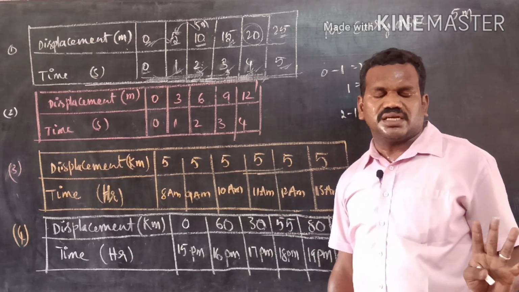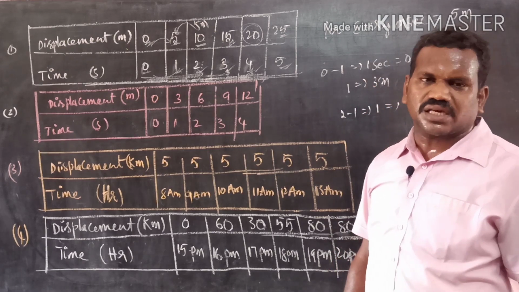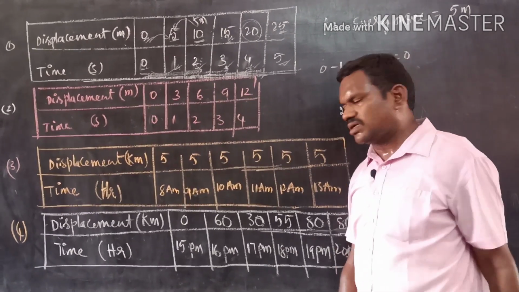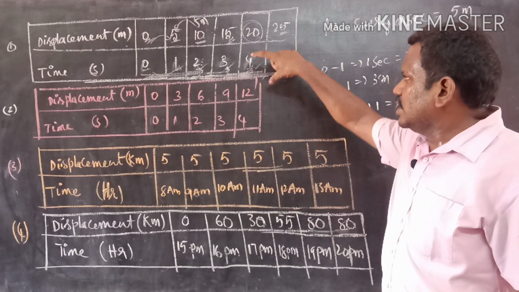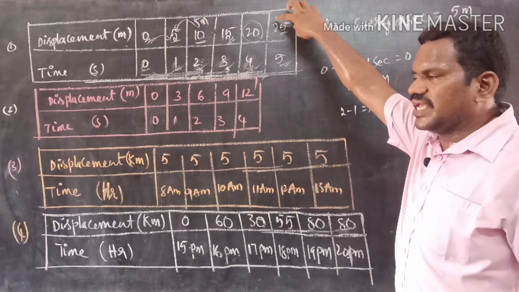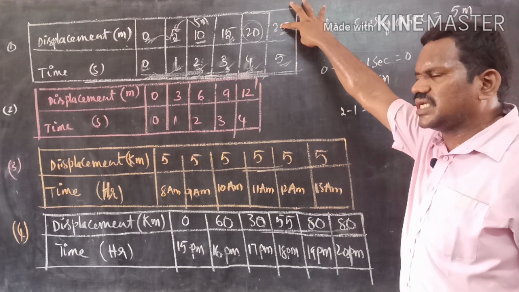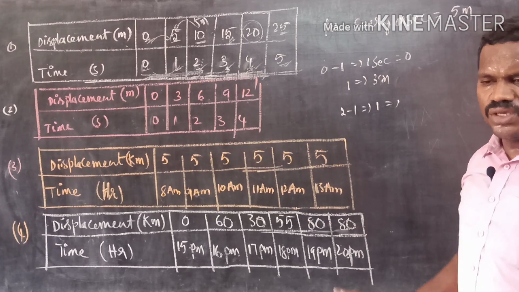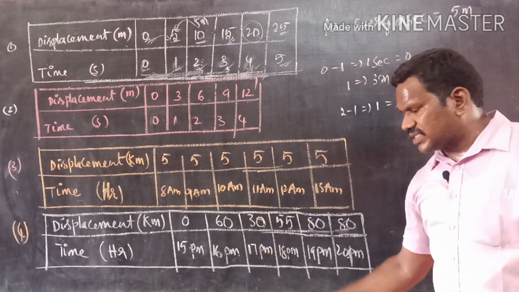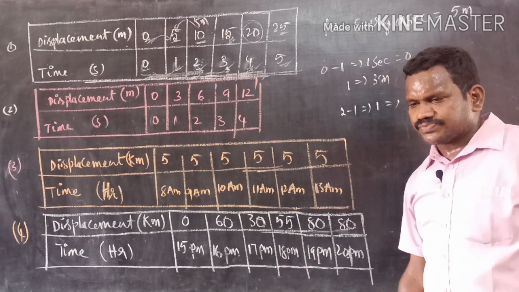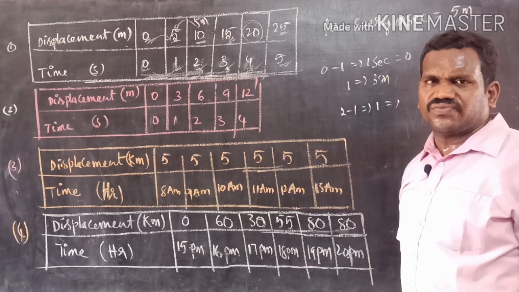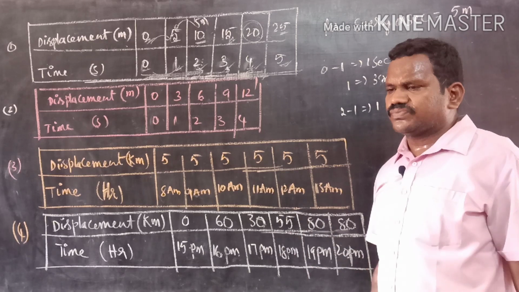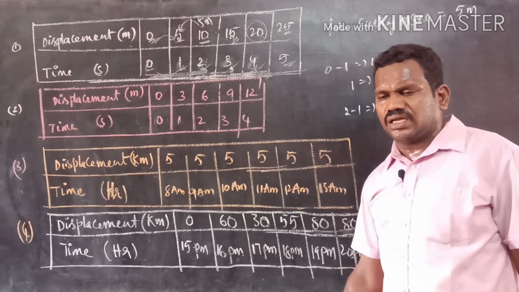Why? Because time is independent. It does not depend on any other physical quantity. Displacement depends on other quantities; that is its nature. We may move or may not. For example, if a body covers equal displacements or distances in regular intervals of time, it is said to be in uniform motion. If a body covers unequal displacements in regular intervals of time, then the body is said to be in non-uniform motion.